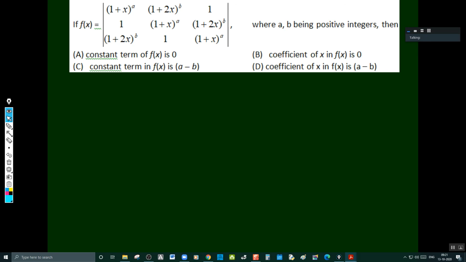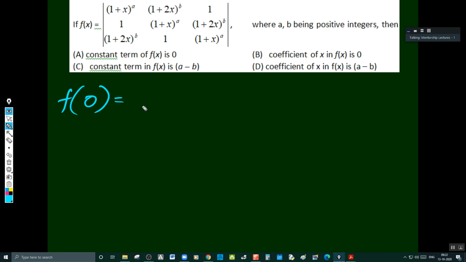Sir, the diagonal entries are all the same. Correct. What is the constant term of f(x)? It means put x as 0. Whatever the simplified form of it is, we are not worried about that. But if you put f(0), that is x is 0, you will get the constant, obviously.